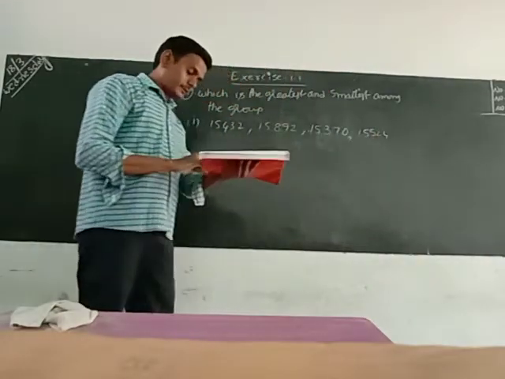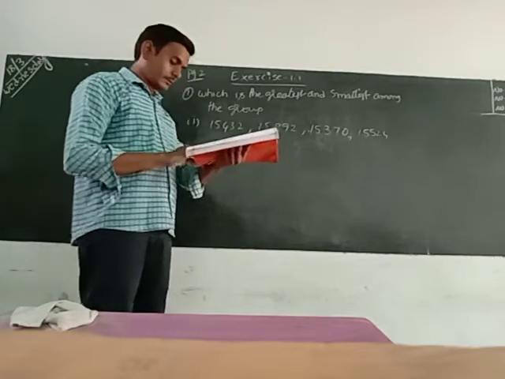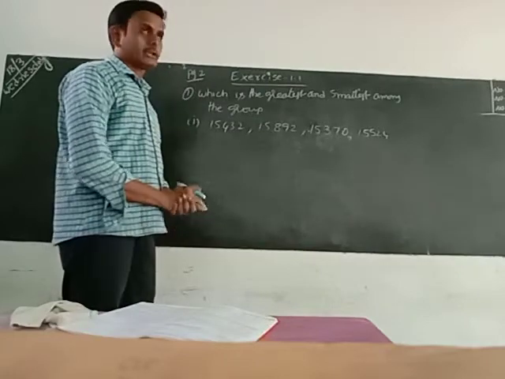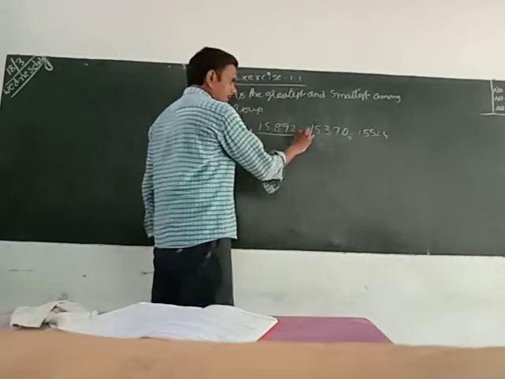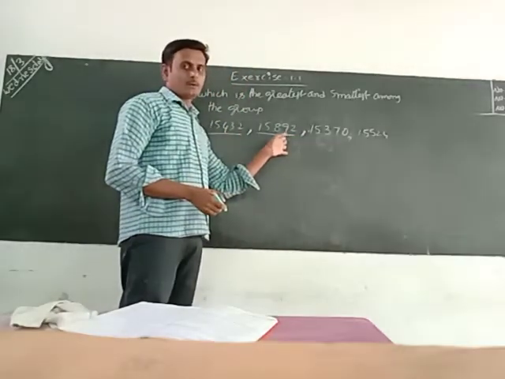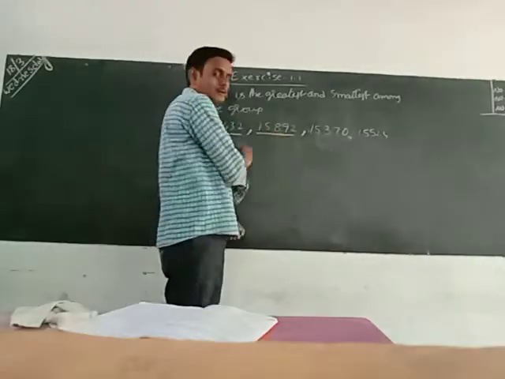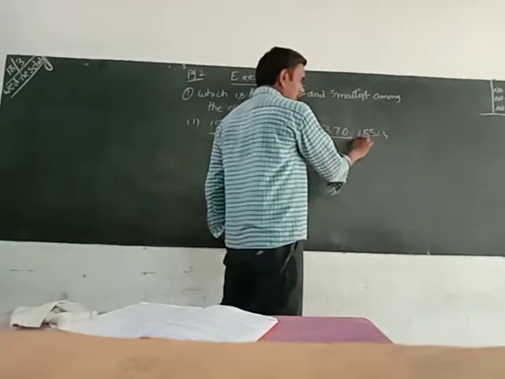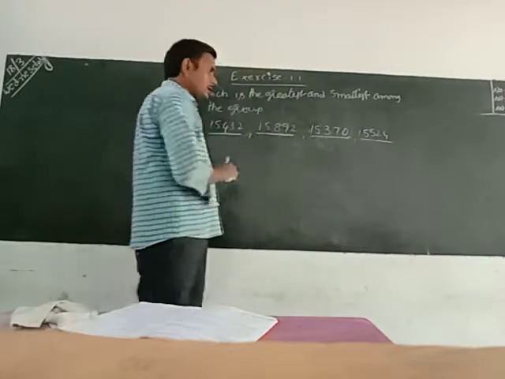Okay, this is the first question. We will discuss this, and after that we can go for the next question. See here, how many numbers are given there? 1, 2. This is a comma. A comma means those are different numbers. Okay, this is one number. Then we have to underline the part before the comma and the part after the comma. Okay, this is one number. Totally, how many numbers are given to you? 4 numbers are given.